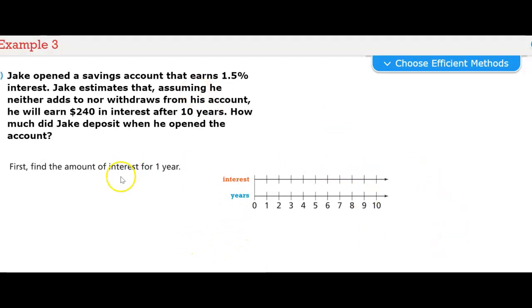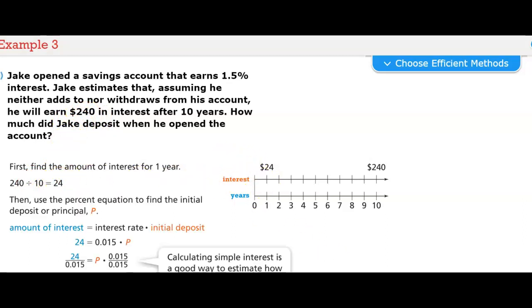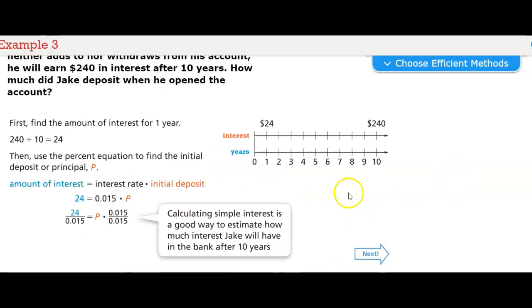First, find the amount of interest for 1 year. So they created this number line here for years and interest for each year. There is $24 for the first year, and they did that by taking the $240 and dividing it by the 10 years. So that gave us $24 per year. Then they took